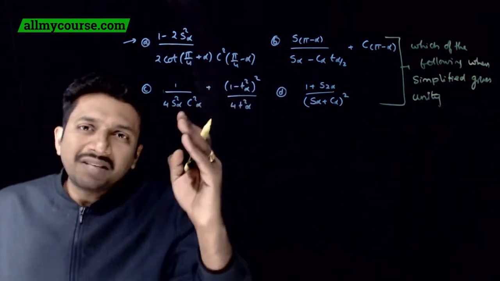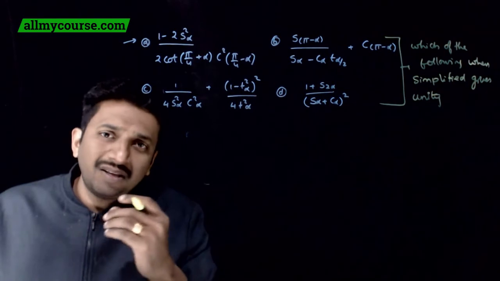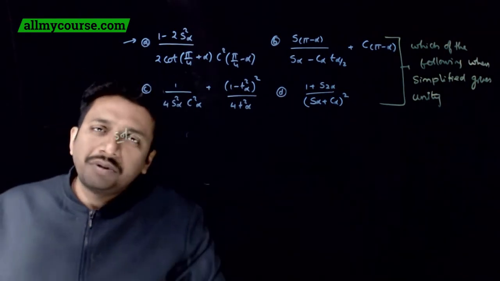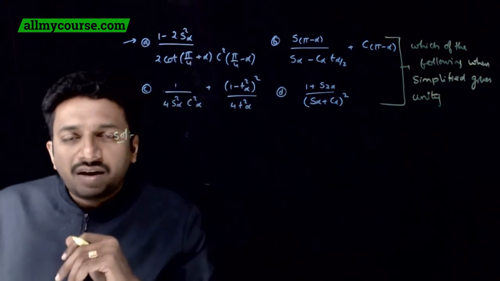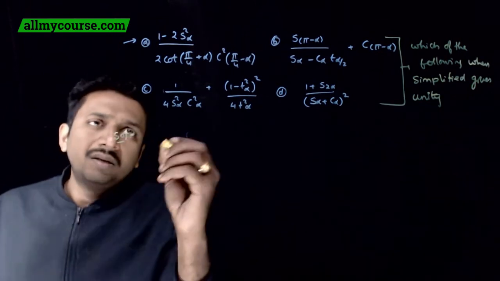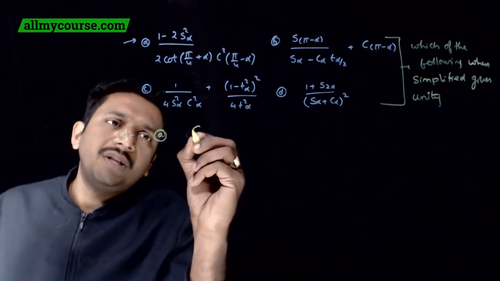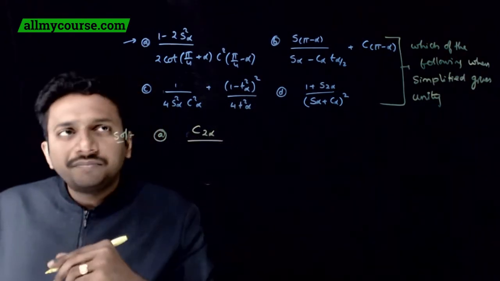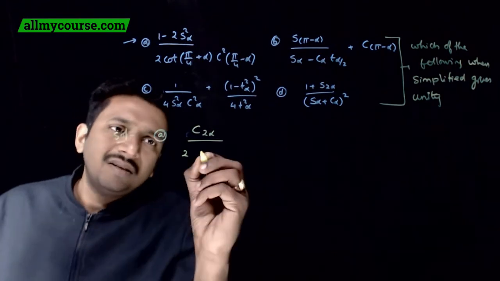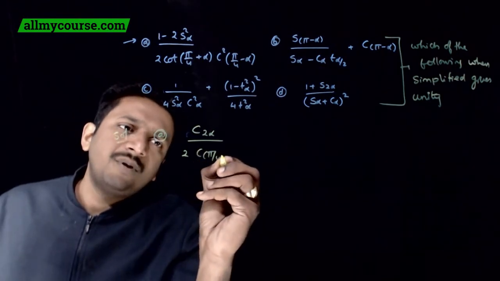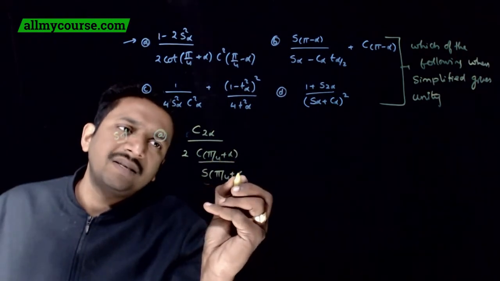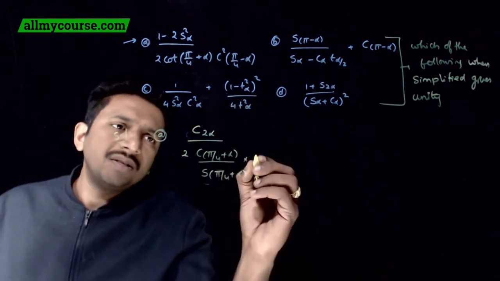So I need to consider each option and try to simplify it and see whether you're getting 1 as the answer or not. So let me go to the first option. So 1 minus 2 sine square alpha. So what is the formula for 1 minus 2 sine square alpha? Cos 2 alpha, right? So the numerator simplifies to cos 2 alpha divided by 2 times cot, which is nothing but cos by sine. So cos of pi by 4 plus alpha divided by sine of pi by 4 plus alpha into cos square